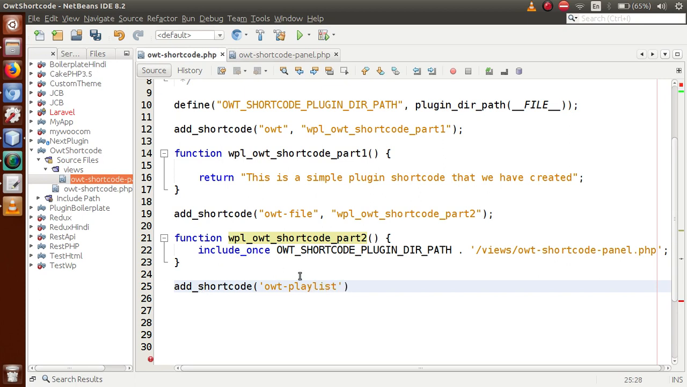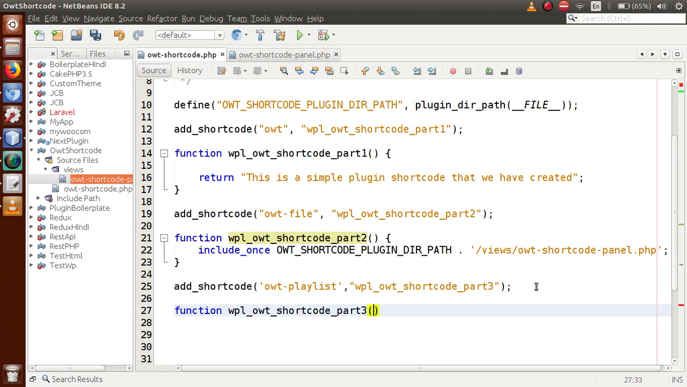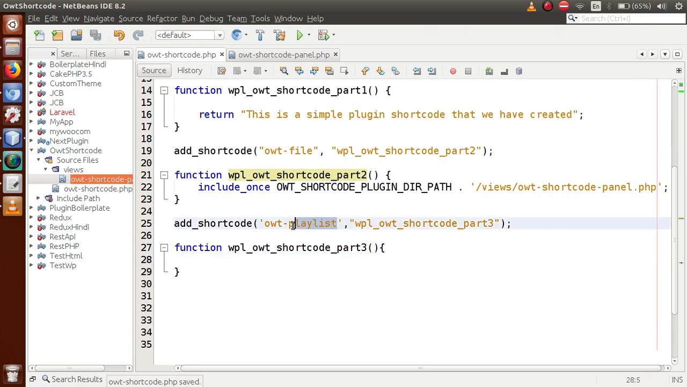Okay, this is the shortcode name. And now in the second parameter I'm going to pass the callback function. So just copy this function name, paste here, and let's replace it with part 3. Okay, this is another function we are going to define. So let's say function, this is the callback function, and now inside this function we are going to define this shortcode. So inside this callback function, let's say return